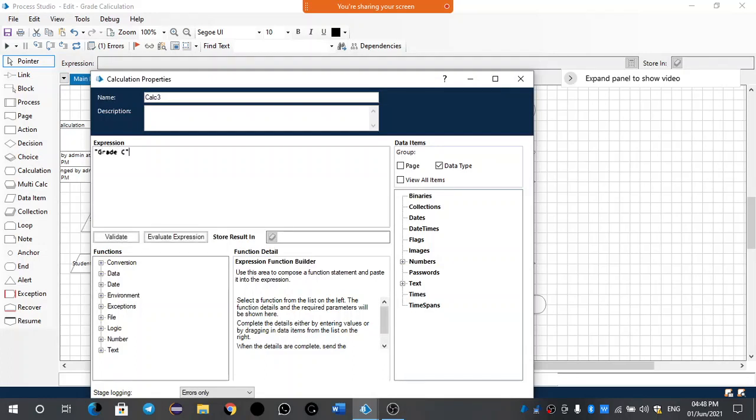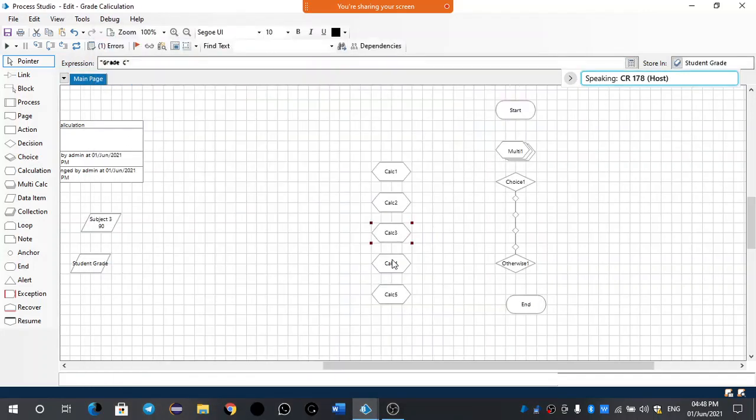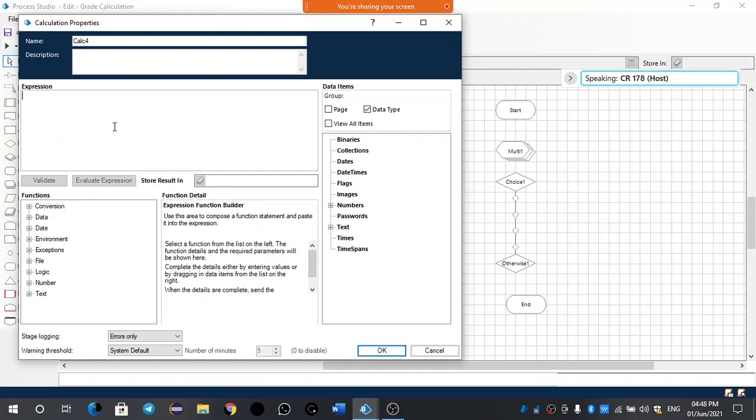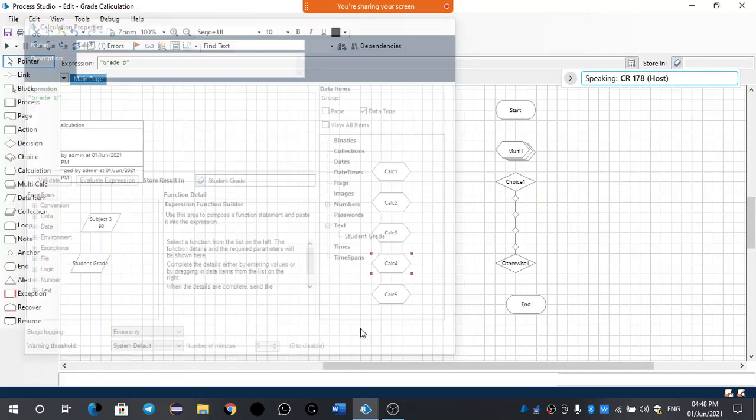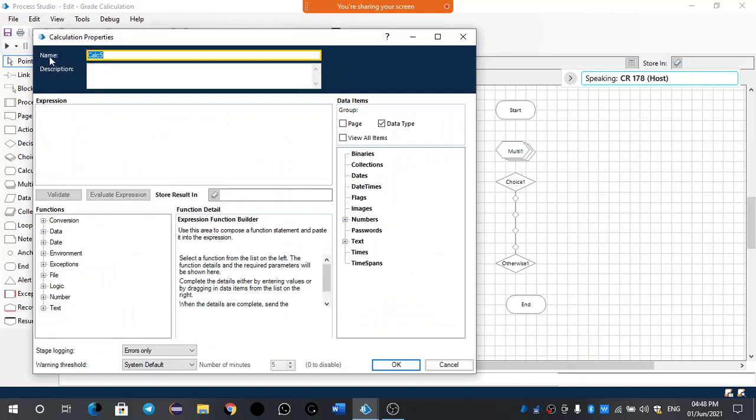See, in the expression, if you are not putting double quotes, it won't take it as text, because in the expression we need to give mathematical calculations. So irrespective of that, we are passing a message here. And last, you just give invalid. That is the default one. Just give invalid and store the result.